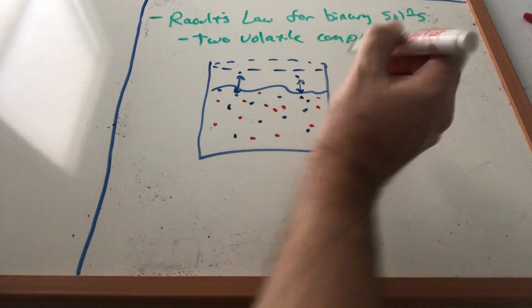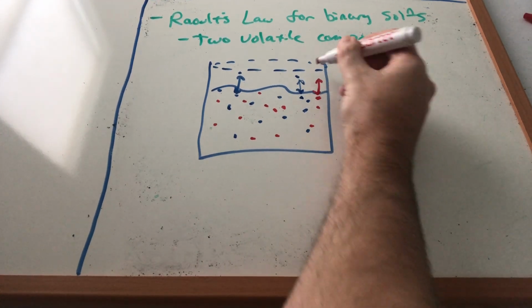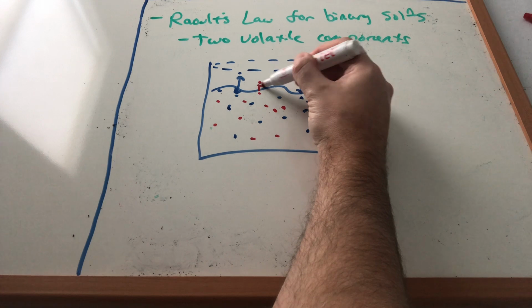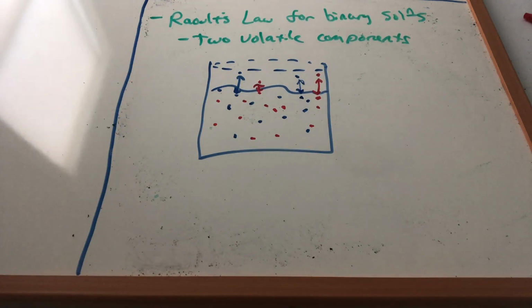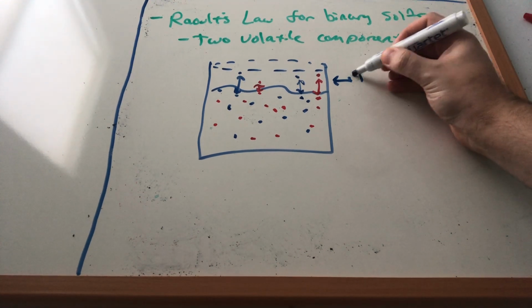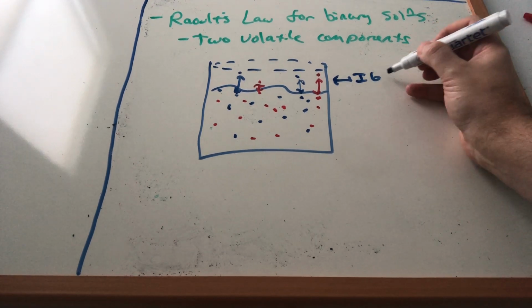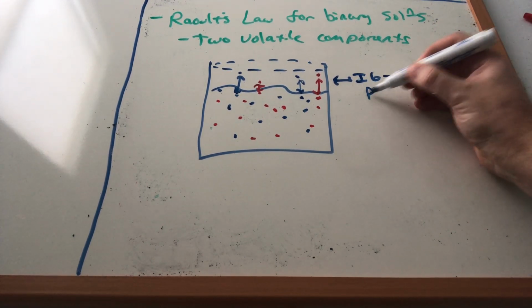Okay? And so these are volatile now this time. Some of these are volatile. And so the ones near the surface can escape into the gaseous phase. So up here, what we do with Raoult's law is we assume that we have an ideal gas of vapor pressures, right? So we know that up inside here, we're going to have a situation where the total